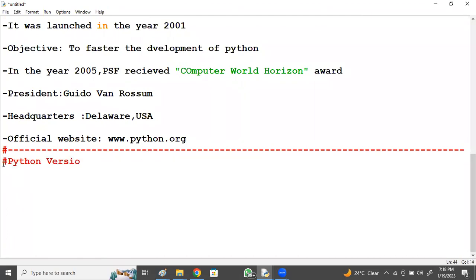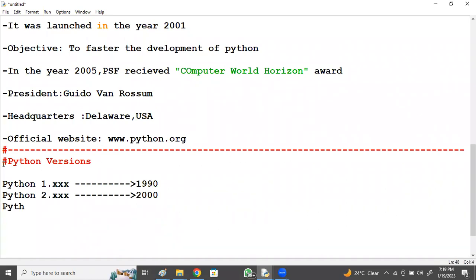And before I go further, Python versions. Python 1.x version was released in the year 1990. Python 2.x version was released in the year 2000.